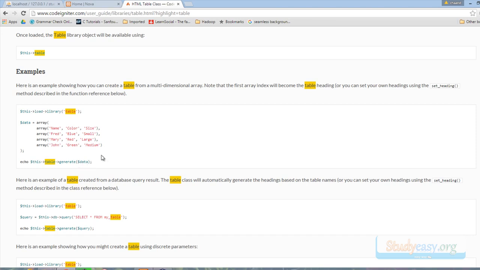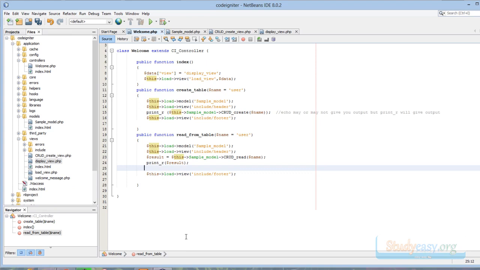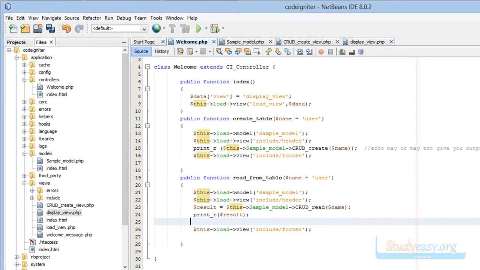Whatever object is returned from the database is also in a table format, so we can easily pass that object to this function and get the table out of it. Let's check how we can do it.